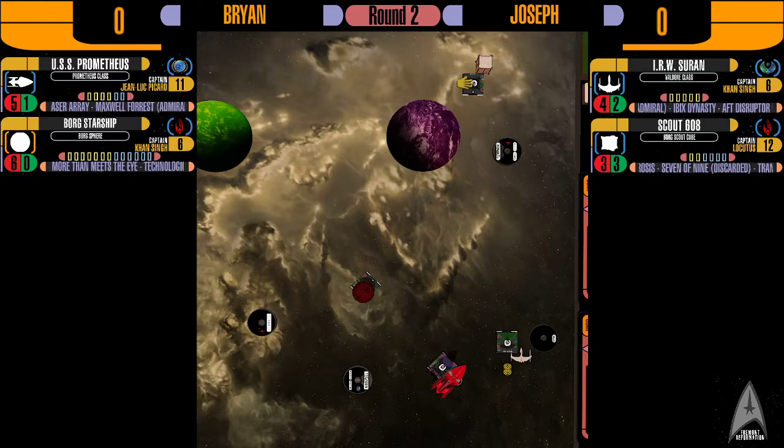Flip. The scout does a 1 reverse, and then he will discard something. The dispersion field. He will do a 1 forward and turn to the right. Okay. And he will spend his action to bring over